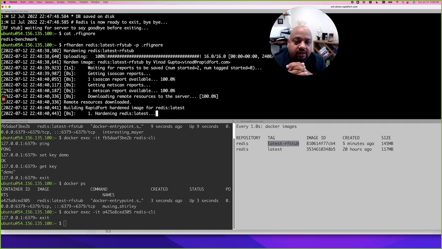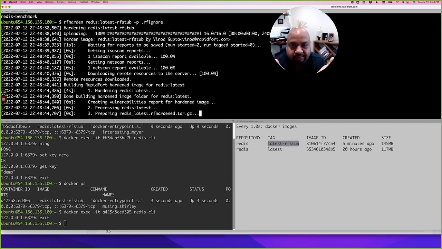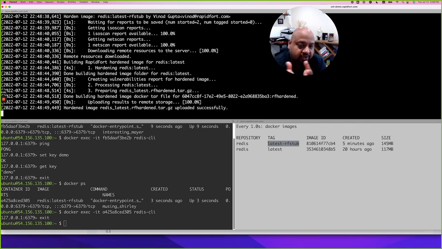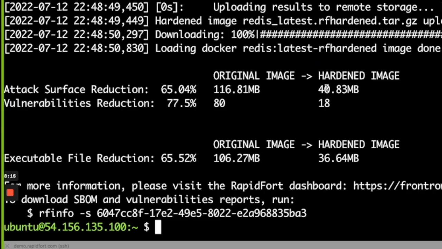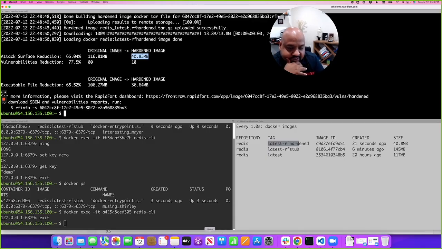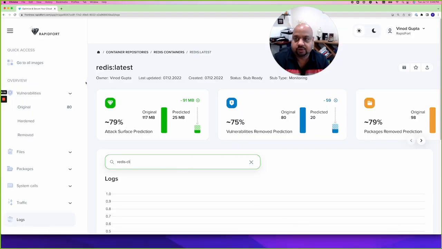At this point, our platform knows which packages and files were touched and exercised during your stub image run. We take that profile and then we look at the files present in the Docker container, and based on that, we generate a hardened image. The hardened image is 40 megabytes in size and it has much fewer vulnerabilities, which will be pretty visible in the UI. So I'm going to just refresh my UI